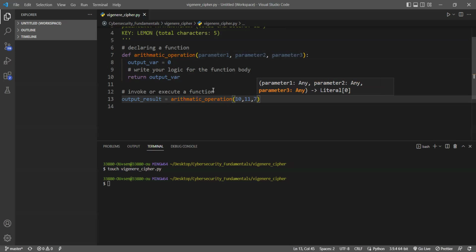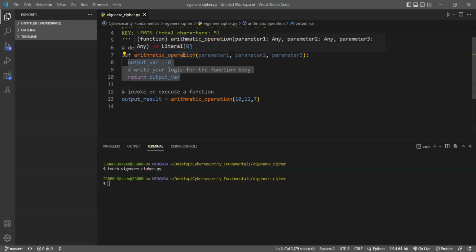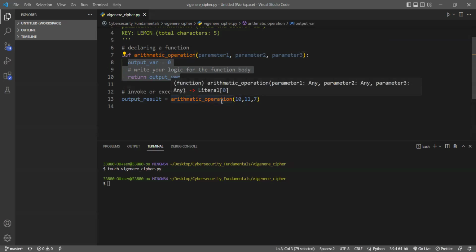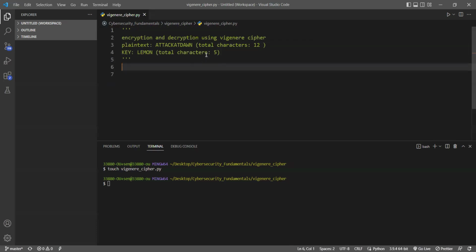So the benefit of this is basically reusability. If you need to call these lines of code multiple times, then just writing it once inside a function body, and then just calling the function, makes it much easier to design our program. Okay, so having said that, we have to identify in the implementation of Vigenere Cipher, what are the different